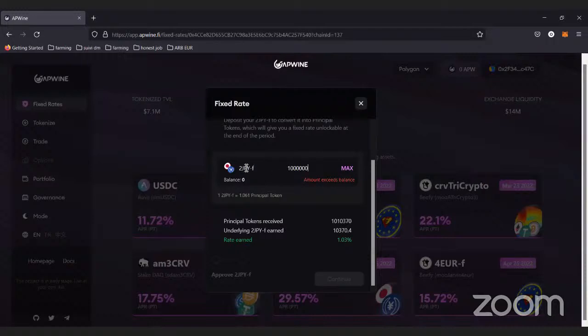sell $10,000 of 2JPY, I will just receive 1.3% for 2 months, which will translate to an APR of 6%, which is not interesting because, again, right now the 2JPY is paying 20%. So why should I do this to win 6% when I can earn 20%? But again, if I have just 1K, for example, then it could make sense because here I can make 30% instead of 20%.